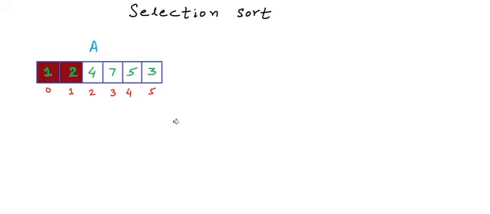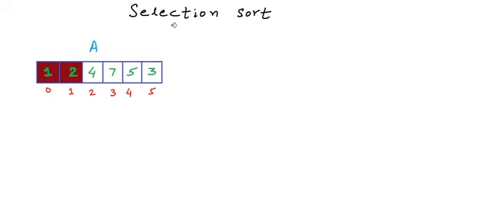So as you can see, in each pass we are finding out the element that should go to a particular position, and at any point during this whole process the array is divided into two parts. Some part of it is sorted, so the cells in brown here are sorted. With each pass we add one more cell to the sorted part, and eventually the whole array will be sorted.